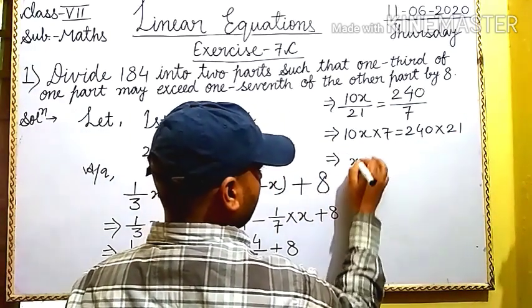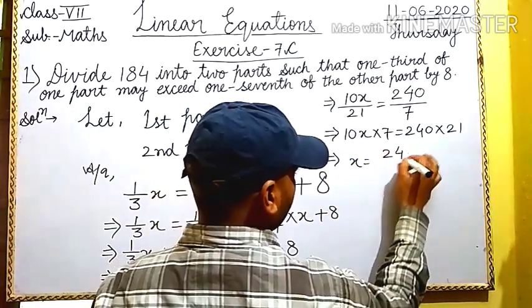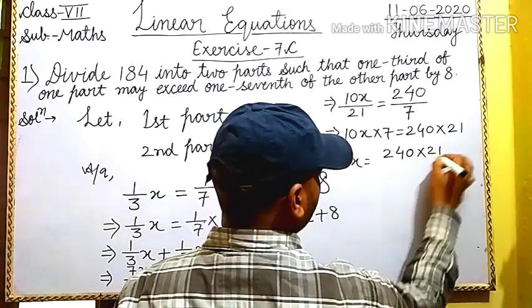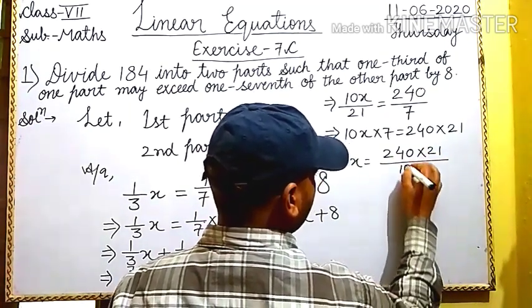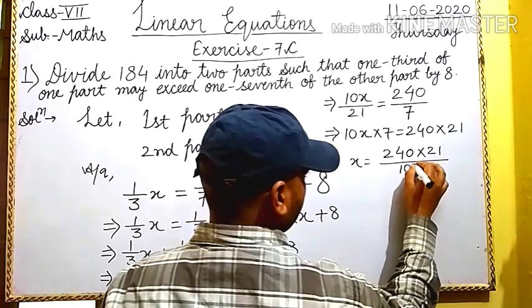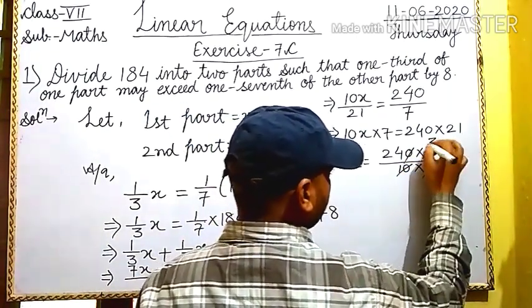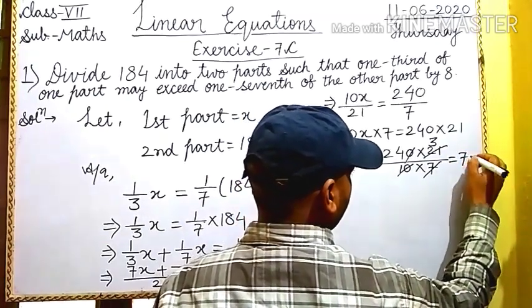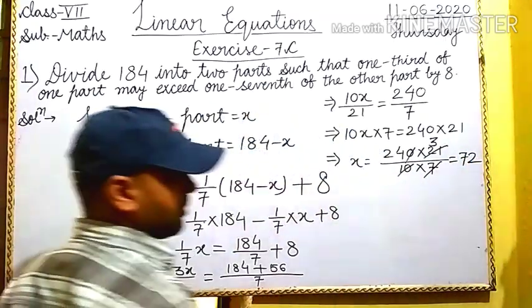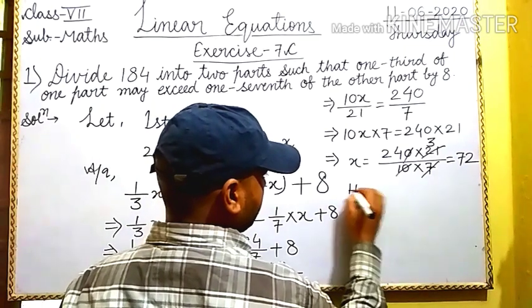Therefore x is equal to 240 into 21 upon 10 into 7. 0 0 cancel out. 7 3s are 21. 24 3s are 72. So hence